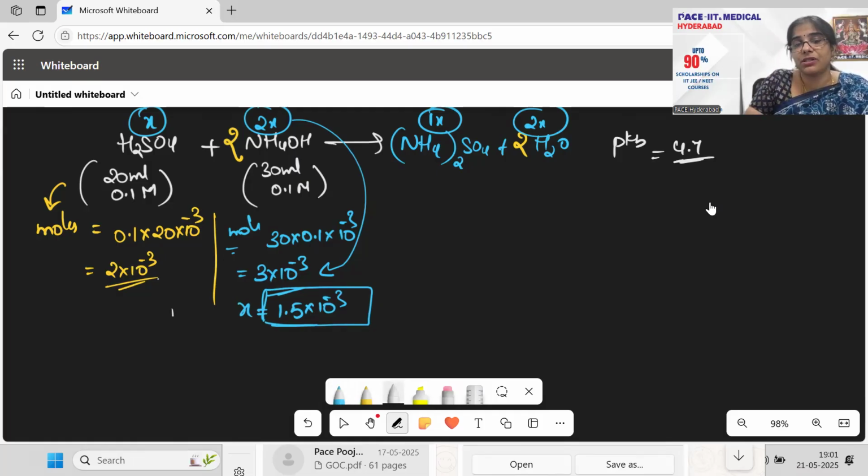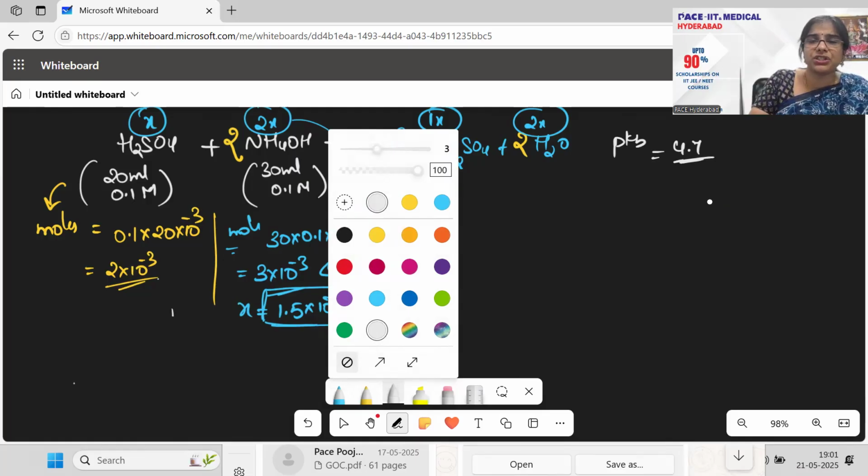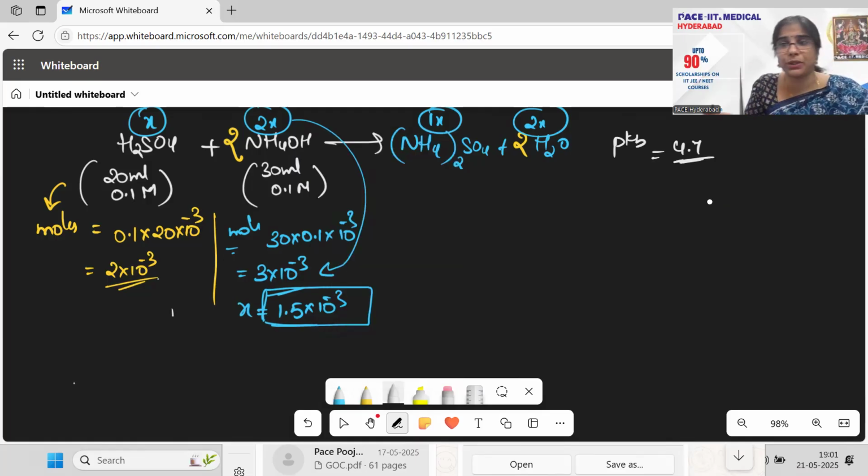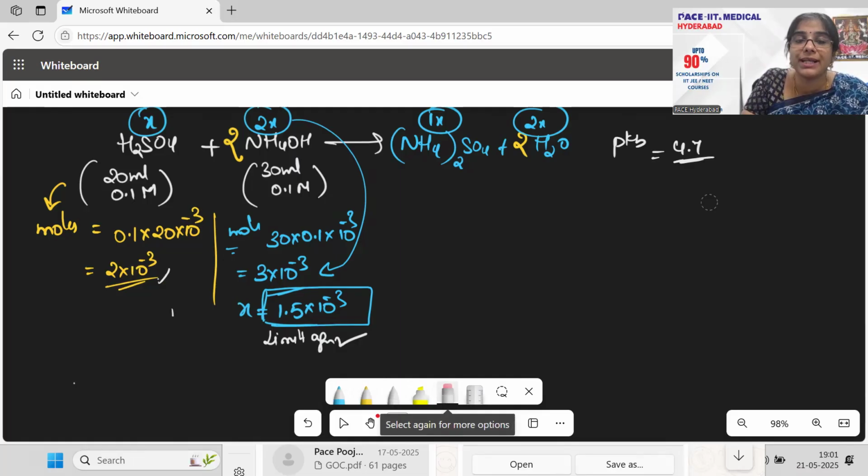In the previous questions we were given only 1:1 relation according to your equation. We are getting 1:1 only. But here in this question, beautiful question, this is 1:2 relation में आया. So direct formula will not apply here. All right. So x is equal to this much. So this is my limiting agent. तो ये नहीं limiting agent. Limiting agent जो है वो खत्म हो जाएगा, right? तो limiting agent x is equal to this much.